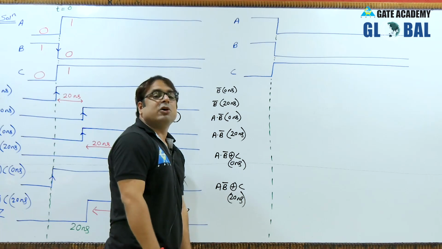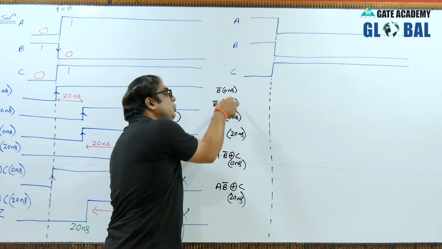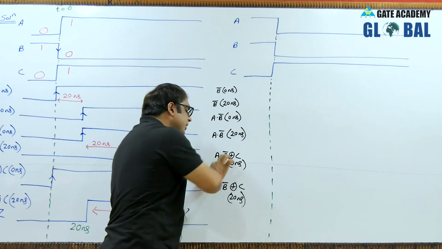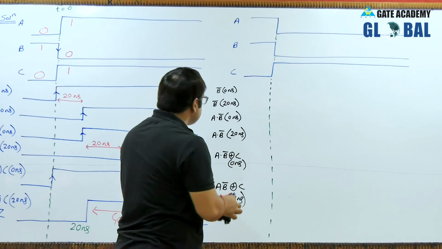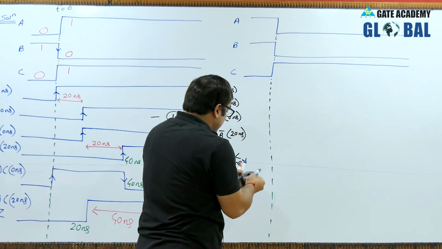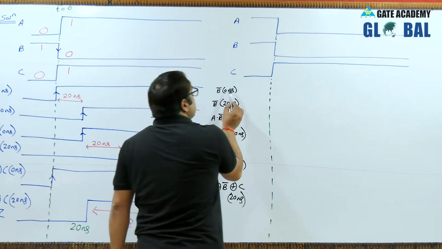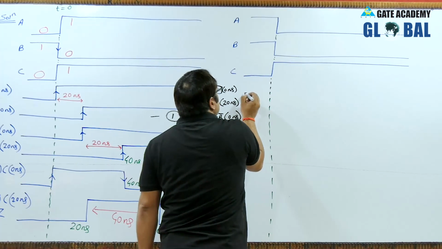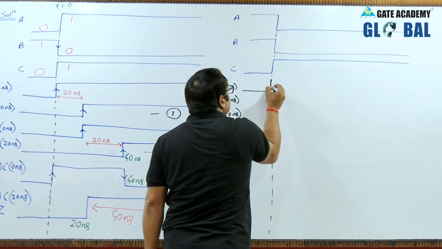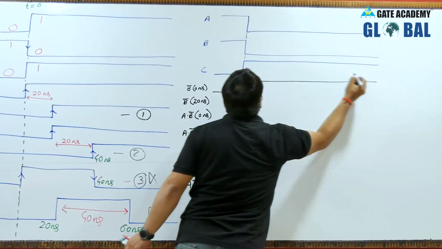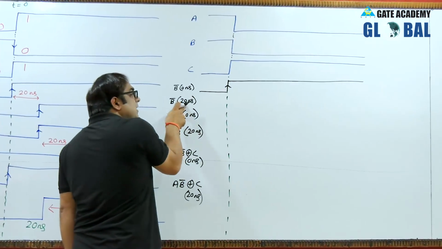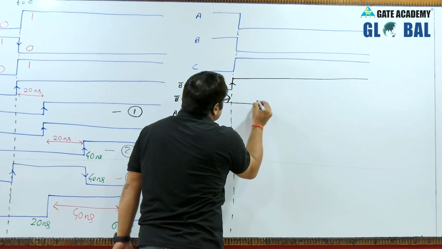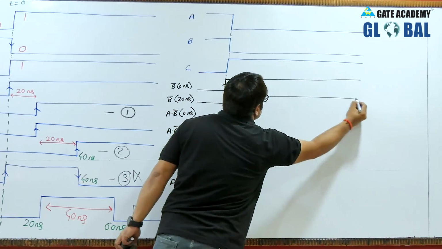Again my steps will be on the basic thing. Assuming no delay, then shifting right hand side by 20 nanosecond. So my first waveform will be for B complement, assuming no delay. B is having a transition of high to low, so B complement should have an opposite transition, low to high. So this is the waveform of B complement. But now I am shifting it on the right hand side and you know why. So this is the waveform 20 nanoseconds shifted on right hand side.